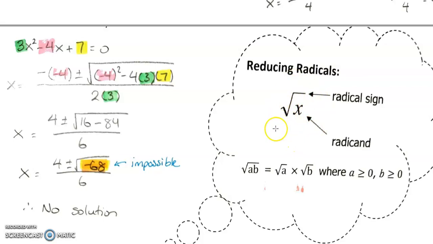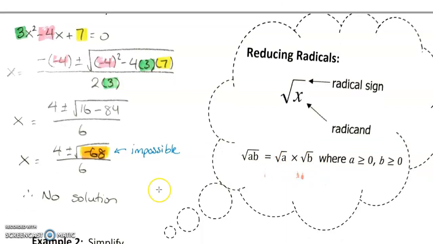And so this is what we call a radical. This square root of negative 68 is a radical. What's inside is called a radicand. So the negative 68 is the radicand, and then you have the square root sign, which is a radical. You can break up that number inside into whatever multiplies, so the factors of it. In other words,